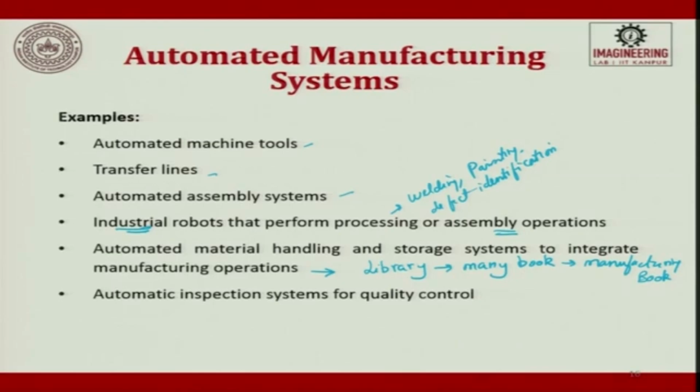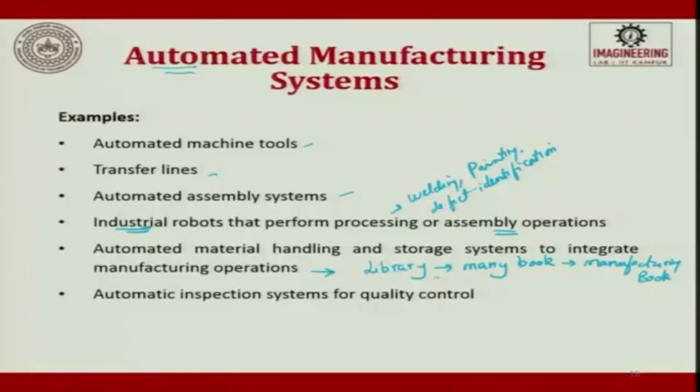Then the last one is automatic inspection system for quality control, which is also automated. Today we are talking about non-contact measurement, wherein we are talking about using laser. So, the moment you start using laser, a drawing which is generated by the design program in the product design department to manufacture. You have manufactured, now you use non-contact techniques, use the same data, check whether the part is to the expectation or not, and then you record the quality variation. That is what it is.